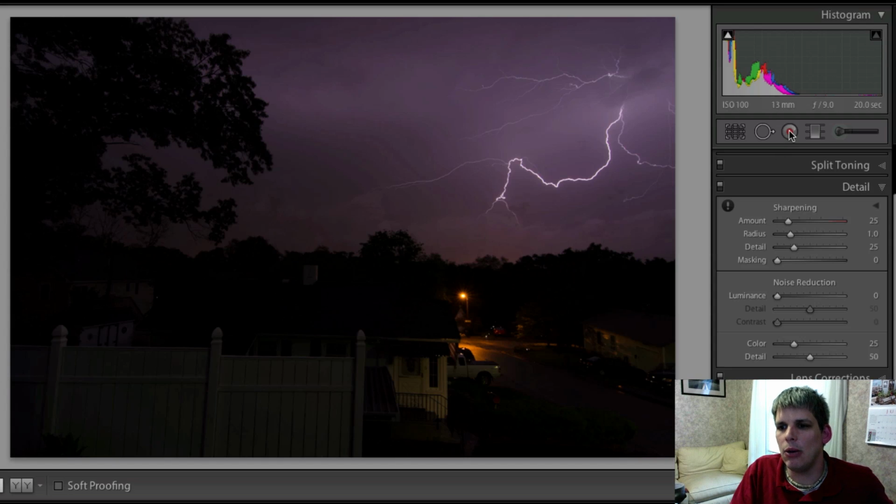So basically, the whole idea behind capturing a lightning bolt is that at night it's a lot easier because you have the ability to work with longer shutter speeds. So you can see here I used a 20-second shutter, which really allows me to get as much possible time for that flash to occur and for me to capture it. I used f/9.0 to help increase that shutter and also to allow me to get a pretty sharp photo throughout the